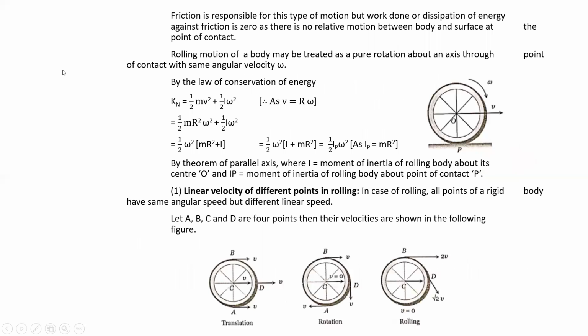Then the friction is responsible for this type of motion, but the work done on the dissipation of energy or the loss of energy against the friction is zero. Okay, so here the friction is responsible for the rolling of a body, but the loss of energy is zero due to the friction because of the relative motion between the body and the surface at the point of contact. So in the figure you can see the rolling motion of a body